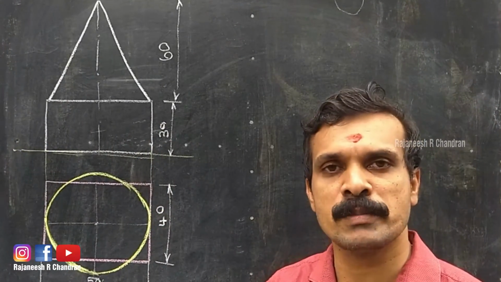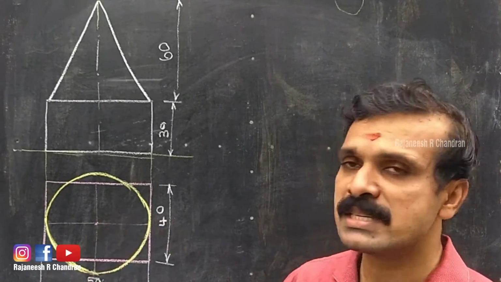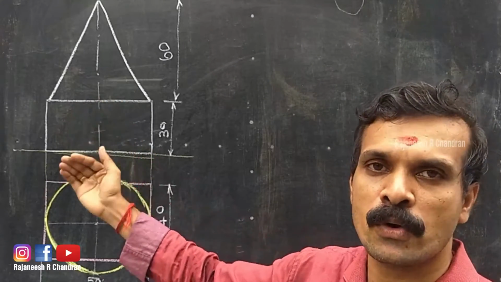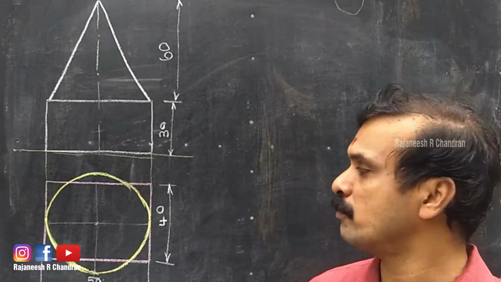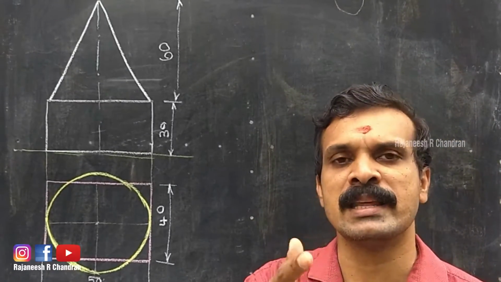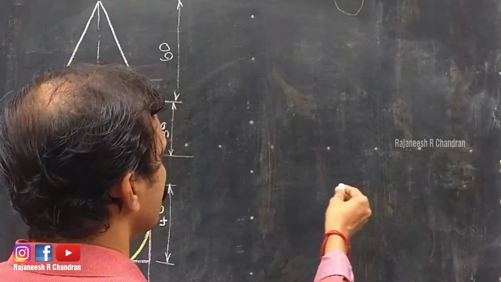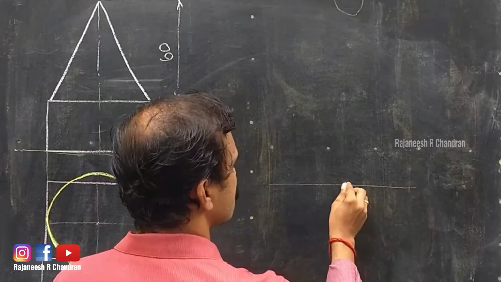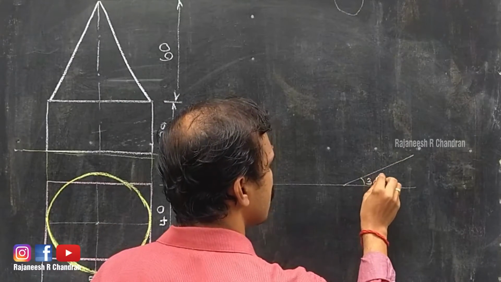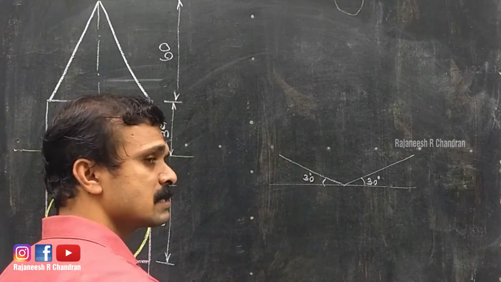We can construct the isometric in different manners. So in this problem, first we construct the isometric of the cone, and below that cone we construct the isometric of the rectangular block. The reason you can understand at the end of this video. Okay, see, this is the horizontal line. This is the 30-degree isometric x-axis, and this is the 30-degree isometric y-axis.